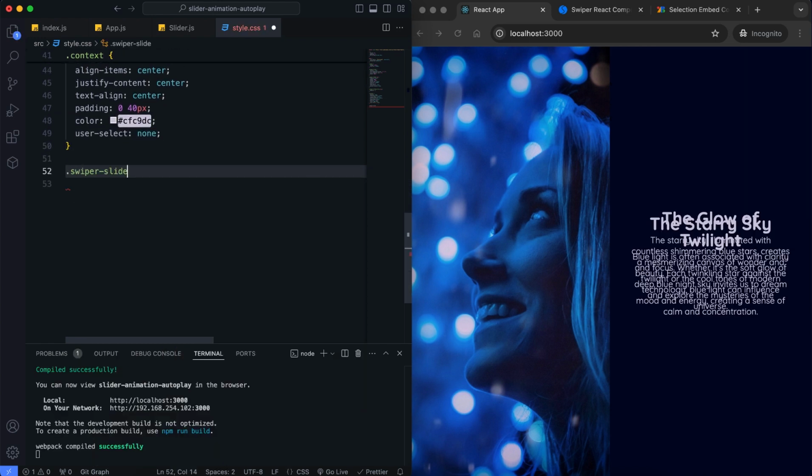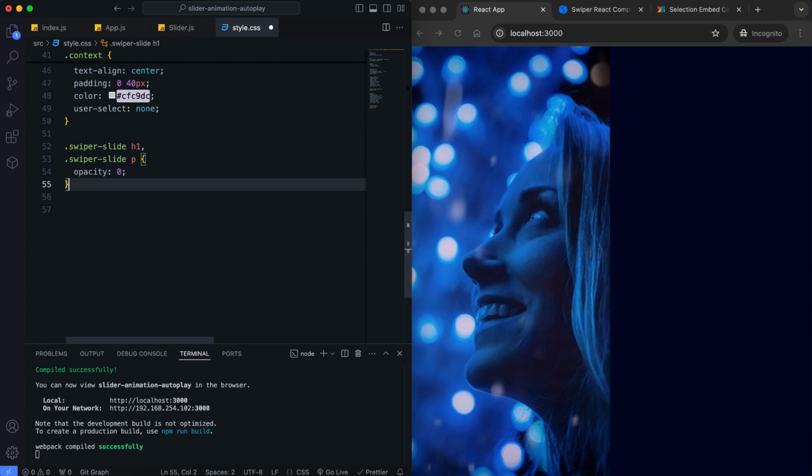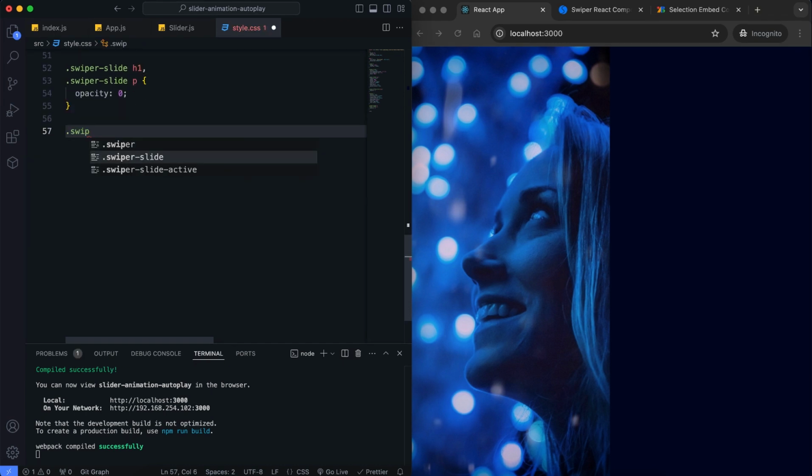The titles and paragraphs in the active slides also have animations. We need to give the title and paragraph an opacity value of 0 to prevent the text from overlapping.